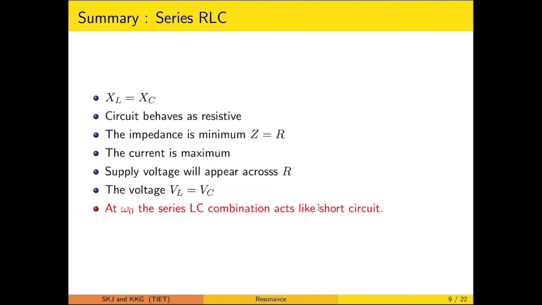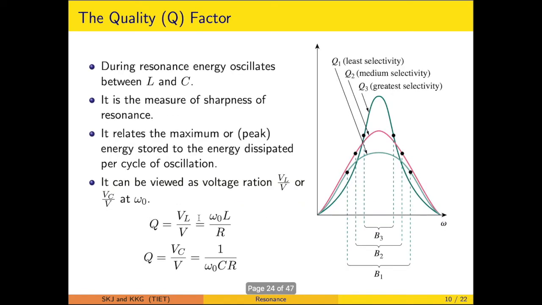So what is the meaning of short circuit? When we take LC as a combination, the net voltage across it will be 0. However, please be mindful that when the full voltage is appearing across the resistance, it does not suggest that either VL is equal to 0 or VC is equal to 0. They have specific values, even higher than the supply voltage.